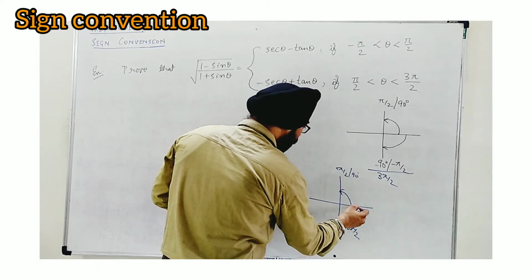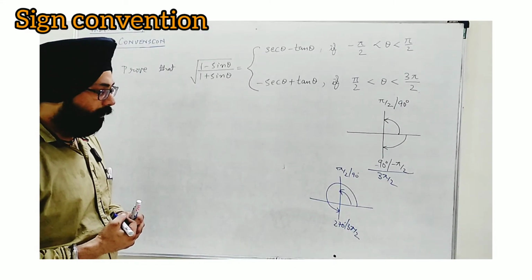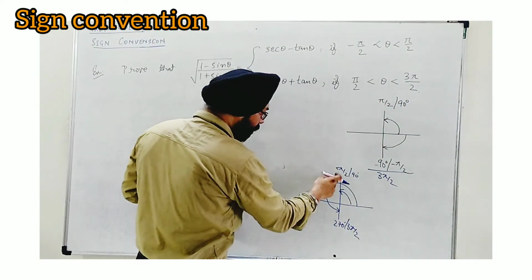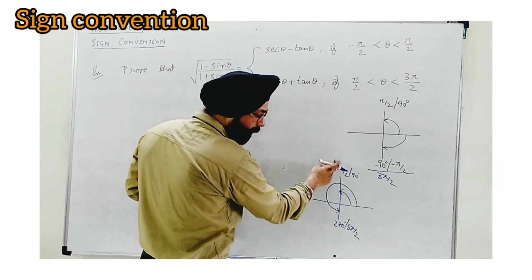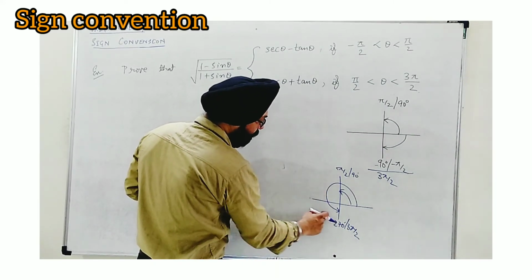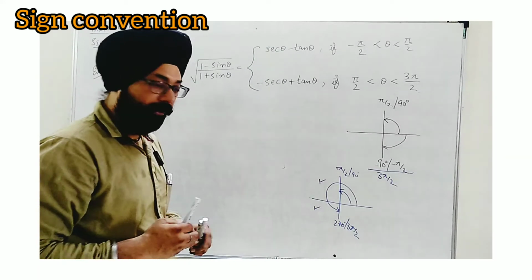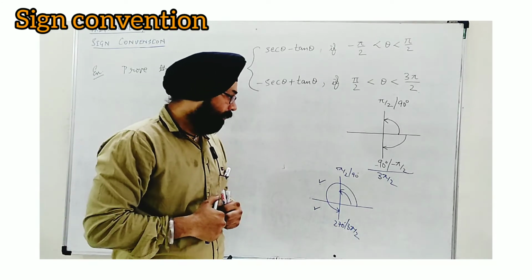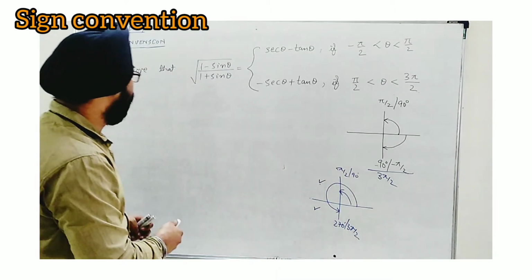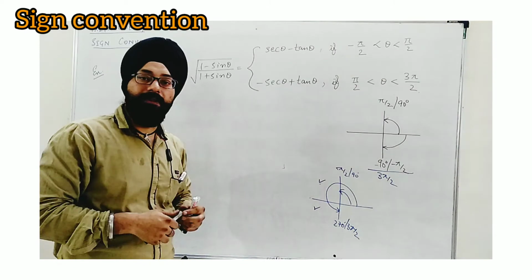90 means this much, and 3 pi by 2 means this position is standard angle, which we have discussed earlier. But basically, it says that theta lies between pi by 2 and 3 pi by 2, means the minimum value will be pi by 2, moving towards 3 pi by 2, and this will cover two quadrants. Now it covers the second quadrant and third quadrant in this second condition. How to interpret this will help us when we simplify this expression, which you have done in earlier classes also.